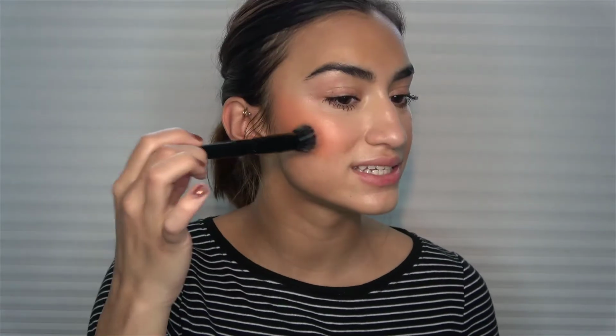Okay, so I really love this blush. I think that it's a really good formula. It goes onto the cheeks really nicely. It's really easy to blend out. Like I said before, I would not suggest applying this with your fingers because it'll just pick up the product as you're trying to pat it in, and it just does not give a nice application. I would really suggest going to Target or Walmart, just picking up this $3 e.l.f. small stippling brush. It's really easy to spread out that product really nicely, and it just gives a flawless airbrushed